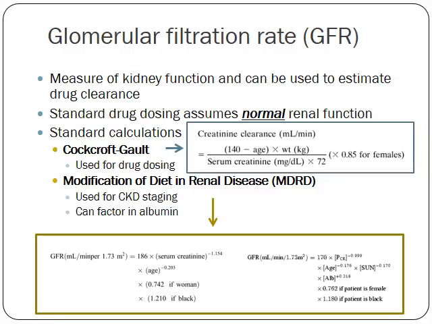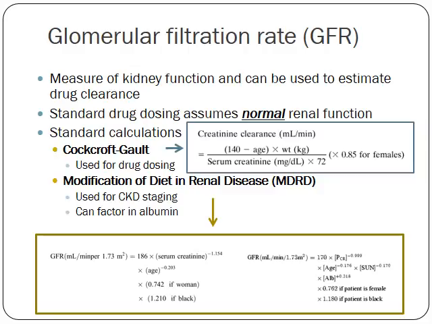Well, with Cockcroft-Gault, they've done a lot of the calculation around drug dosing. So when we're looking at modifying a patient's drug regimen based on their kidney function, we're going to calculate it with Cockcroft-Gault because that's the way it's done. That's the way all the studies have looked at it. Whereas the MDRD equation is used for CKD staging. So if you're going to stage somebody clinically and diagnose them with CKD, that's the equation you want to use. And again, they do give you fairly similar results, but they are usually different enough where it can cause maybe